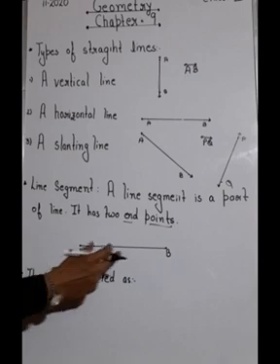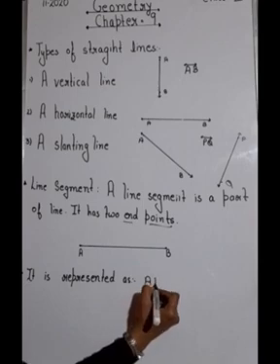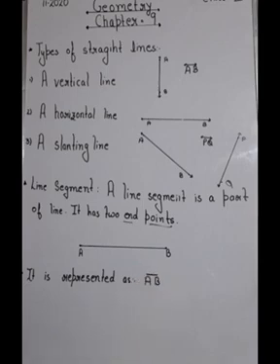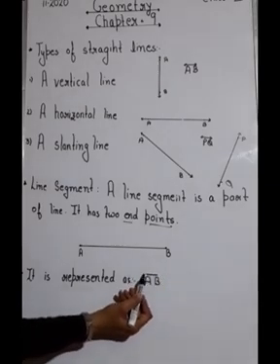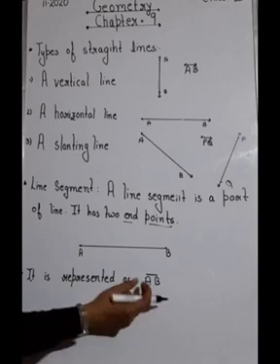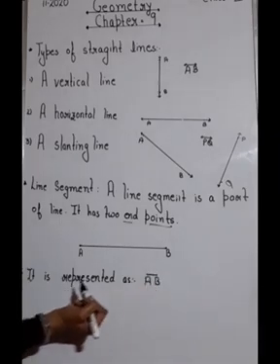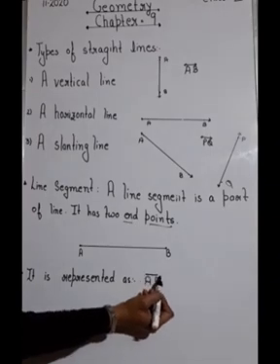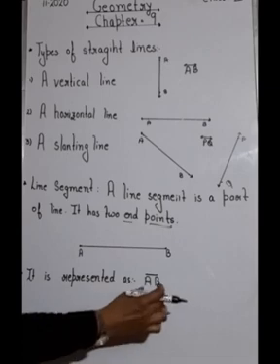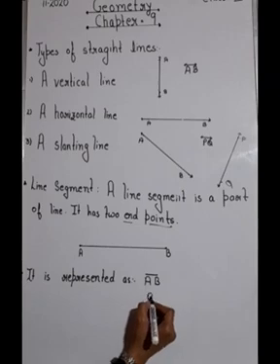Clear? Now how are you going to represent a line segment? You represent a line segment as AB with a line symbol over it. This is your line segment, because you have not made arrows on both ends. I told you that an arrow means the line is extending endlessly towards the right and towards the left. But as you can see, I have made no arrows here. Instead, I have just drawn a simple line over it. So this is the representation of a line segment. You can write AB or BA, with the symbol over it.